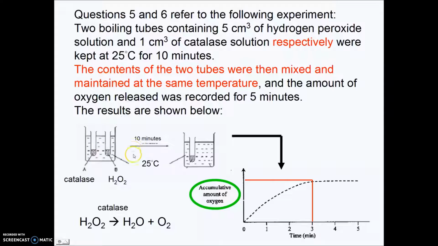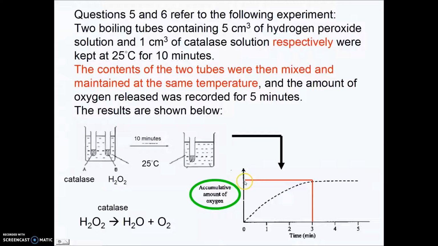And then after 10 minutes, we mix the contents together and put it at the same temperature. And then what we are going to do is measure the amount of oxygen released for 5 minutes. So we have this graph. In this graph, what we are going to see is the accumulative amount of oxygen. Accumulative means adding up, okay? Adding by adding. In Chinese it is 累積, okay? 累積. So that means for this red line, you can see the accumulative amount of oxygen reaches the maximum